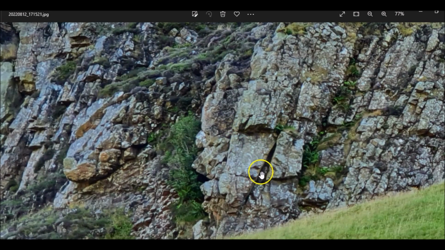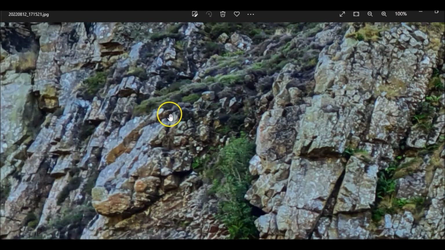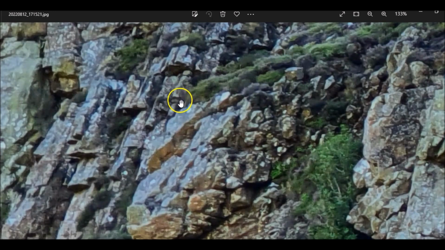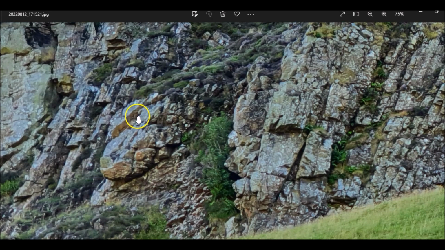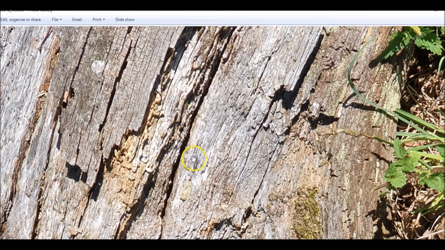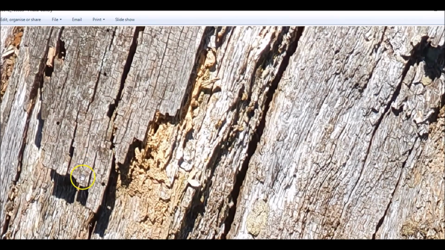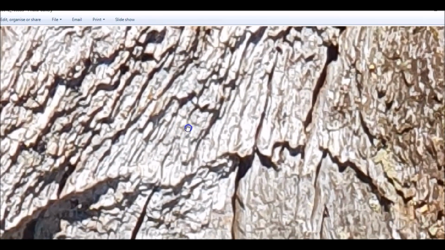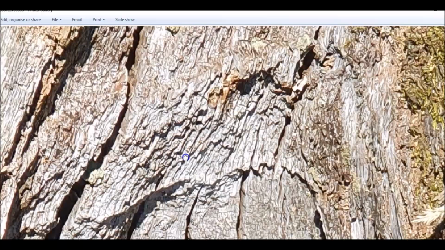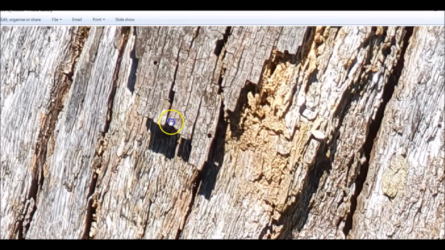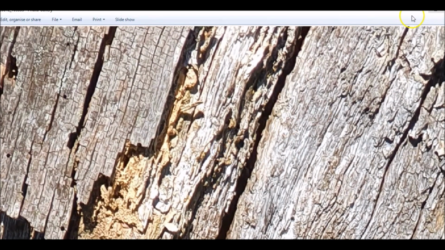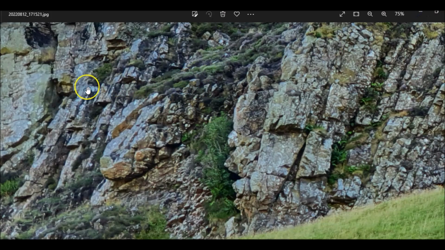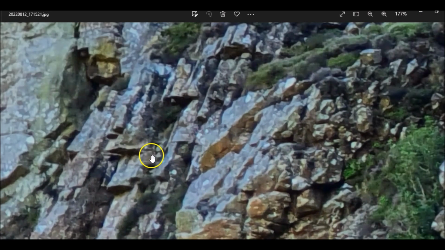Because lava does that. Right. So let's look for similarities with the wood. Oh, how's that then? Kind of looks like that.